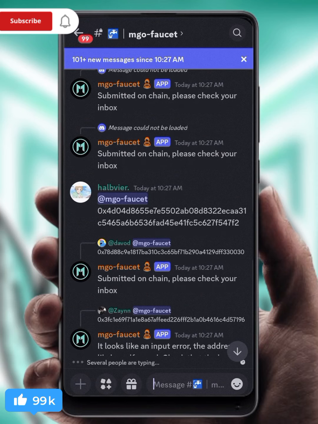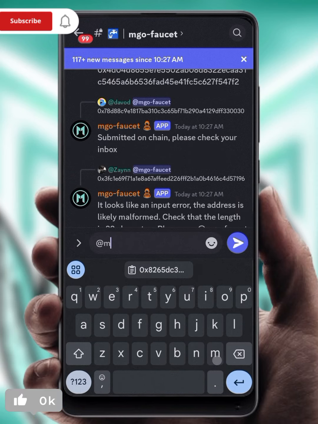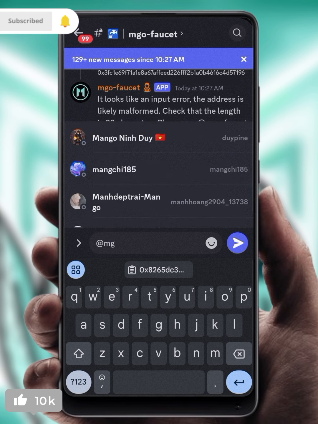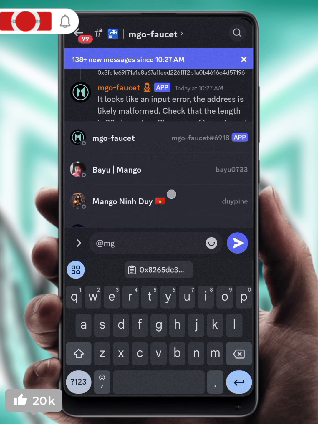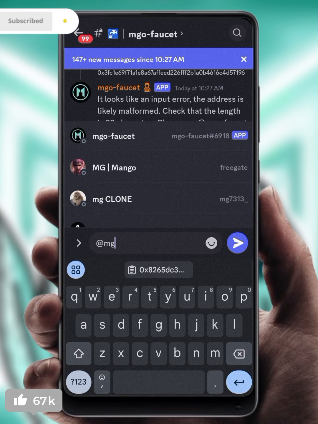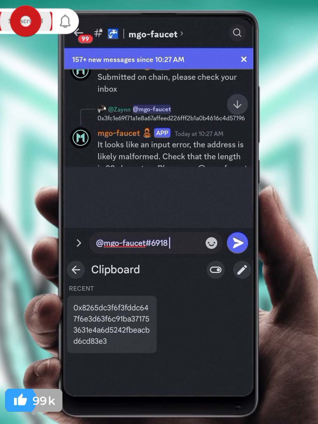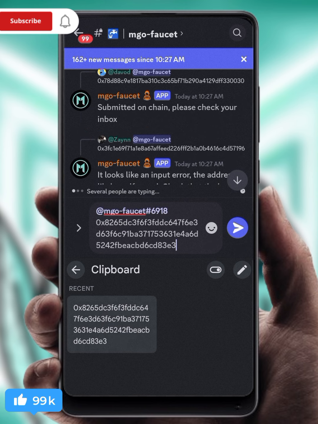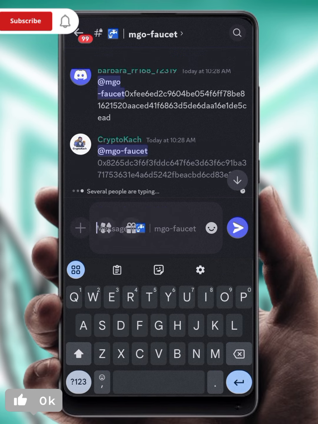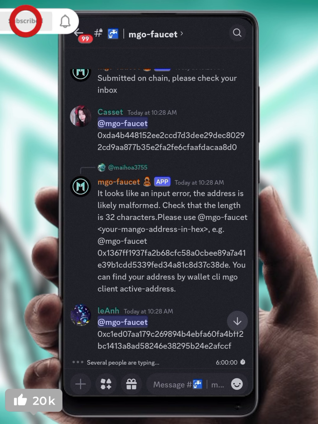Then from the message section, I type at MG. It will bring out their bot. Okay, this is the bot I need to tag. You can see this first option here. I select it, then I select that, and then I paste my wallet address. Okay, I paste my wallet and then I click on send. All right, so once that is sent, the next thing I will do is return